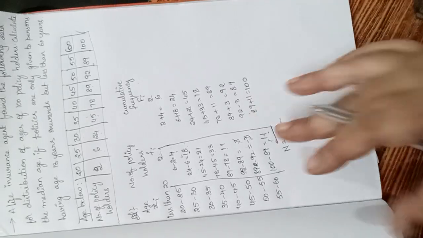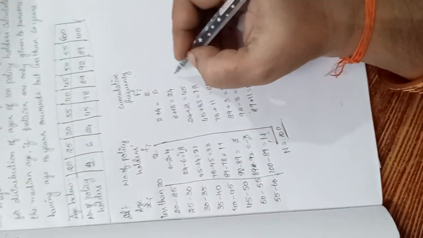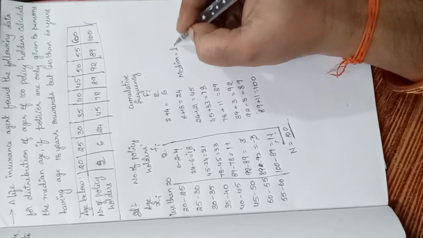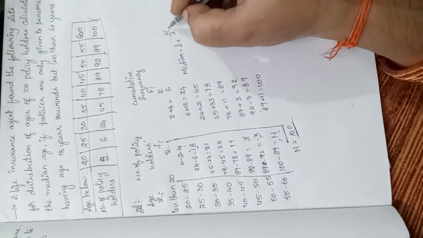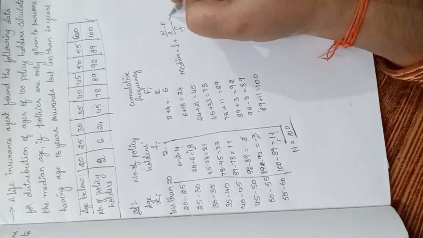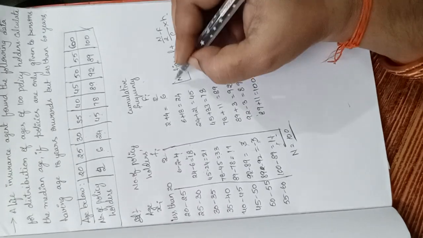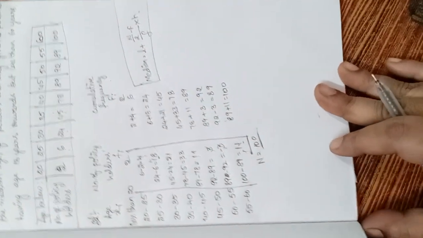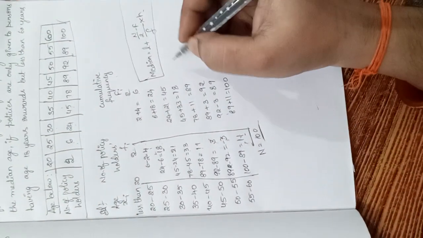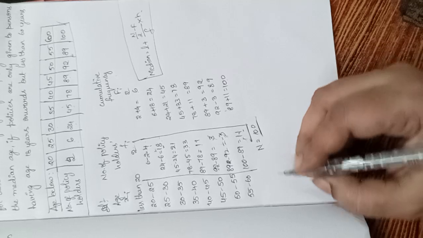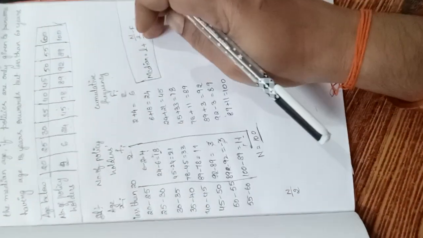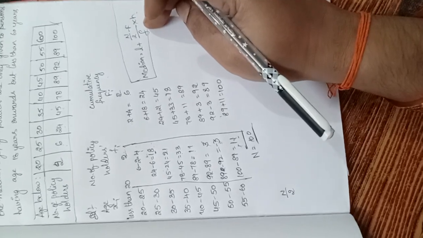100. So for this we have to use again the median formula. What is the median formula? Median is equal to L plus N by 2 minus capital F by small f into H. This is the formula we are using to find the median. Here now let us find first N by 2. Based on N by 2 we have to take the remaining values of the median formula.